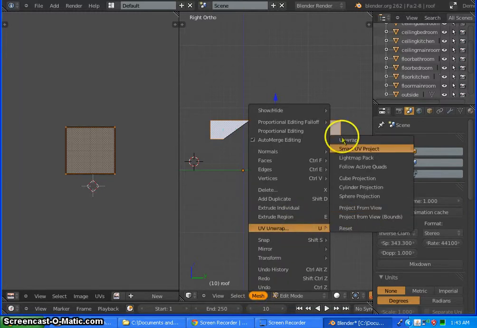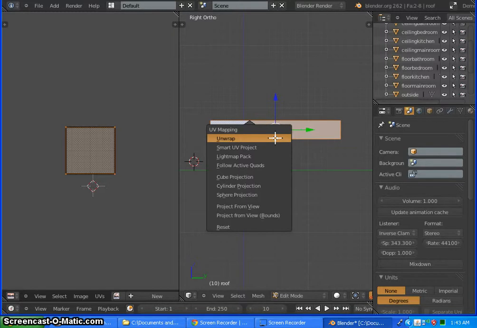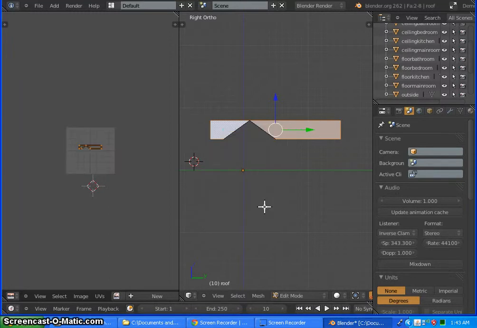I'm gonna go ahead and see what happens when we press U. First of all, it brings right up the menu and click project to view. You can also just obviously press V right there. Okay,